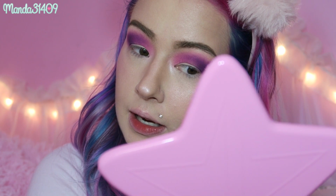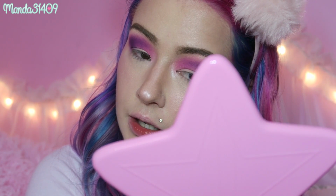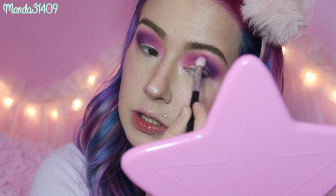Okay, so now I'm dipping back into that pink Skip shade with the original brush, and I'm just gonna go in and blend out this purple. You can see it was a little harsh, so I'm just taking that pink and dulling it down just a little bit